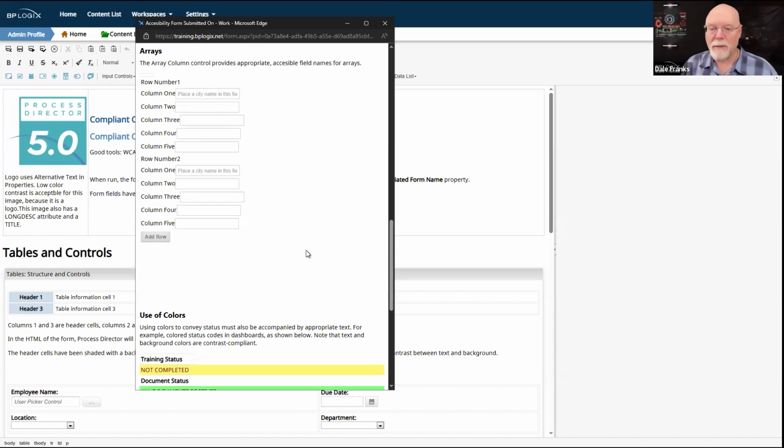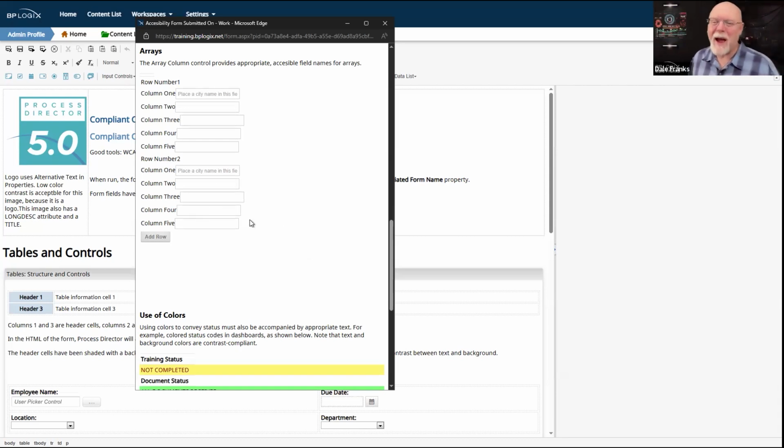By the way, this is not something that you have to do if you're a subscription customer, a cloud customer. If you are a tiered customer, this is probably something you're going to have to do, and you have to do it through CSS. So that's on you.